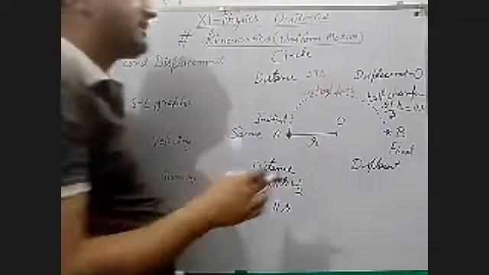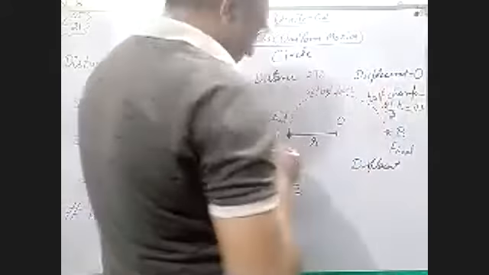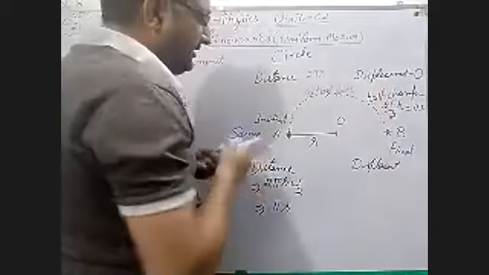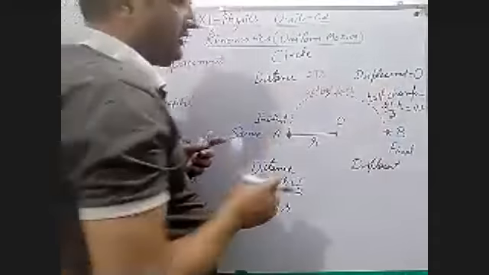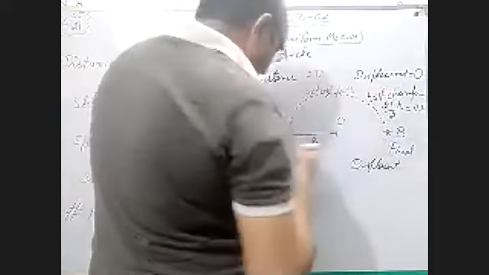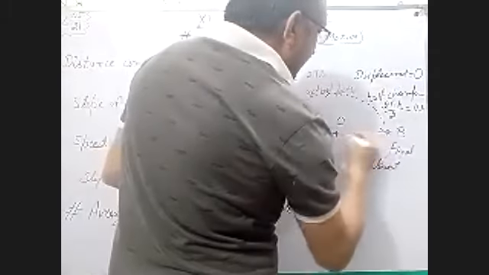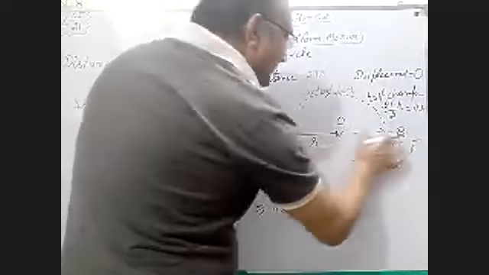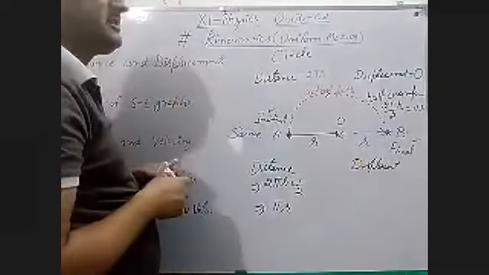Okay, but now what is the value of displacement in this case? Displacement is, we know that this is radius and this is the half circle, half revolution of this circle. Then we know that if this is radius, this is also a radius. Now this is the initial point and this one is the final point. And this line is the shortest path between these 2 points.